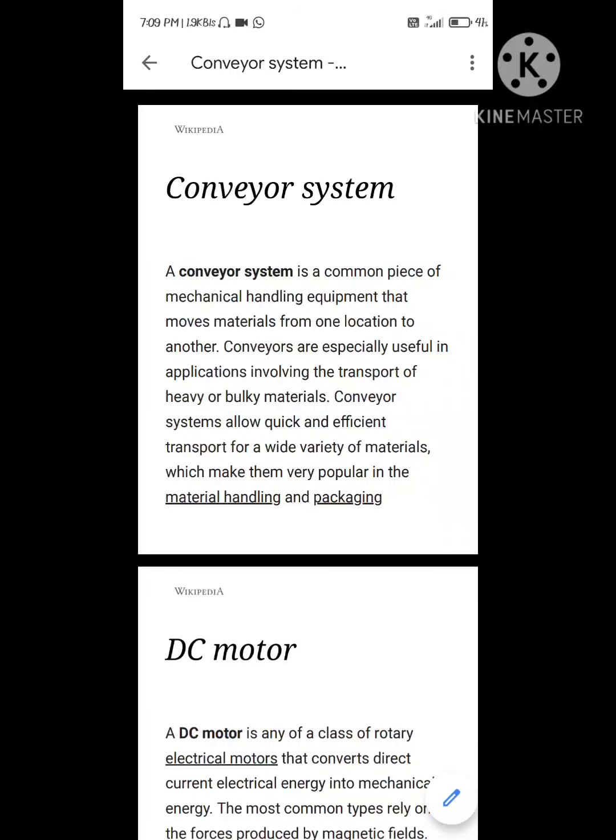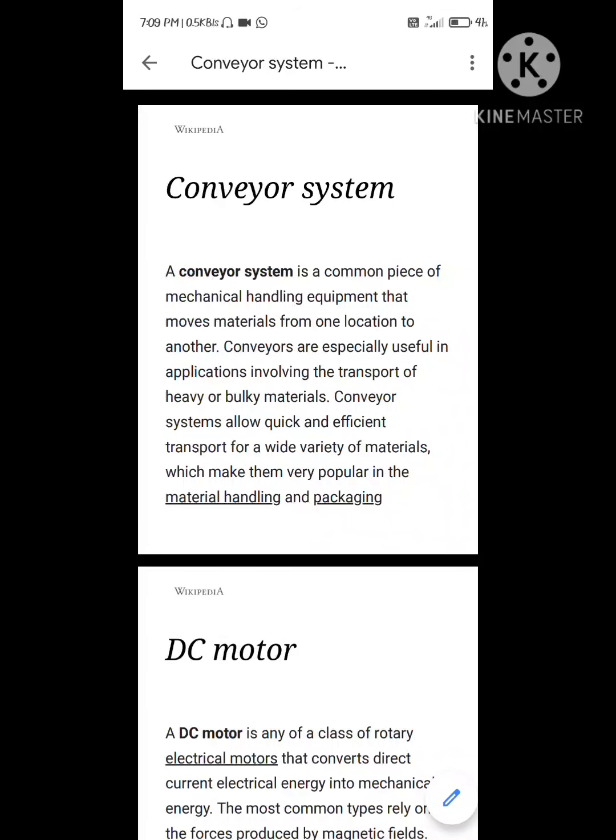Application of DC shunt motor conveyor. The conveyor system is a common piece of mechanical handling equipment that moves material from one location to another. Conveyors are especially useful in applications involving the transport of heavy or bulk material. Conveyor systems allow quick and efficient transport for a wide variety of materials, which makes them very popular in the